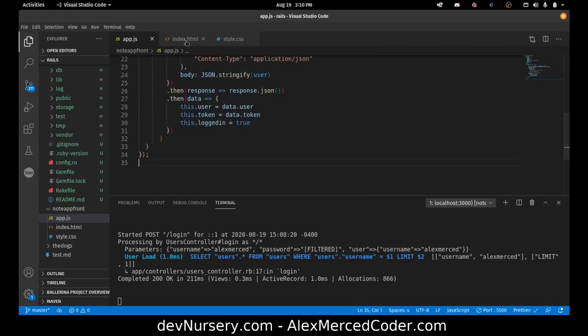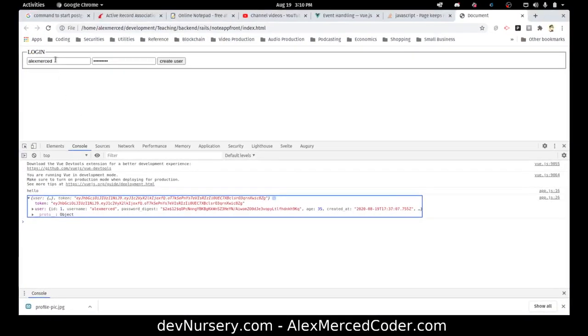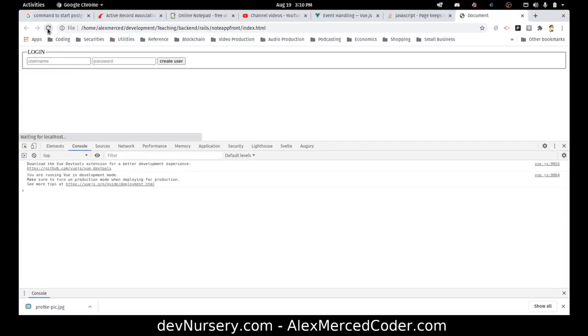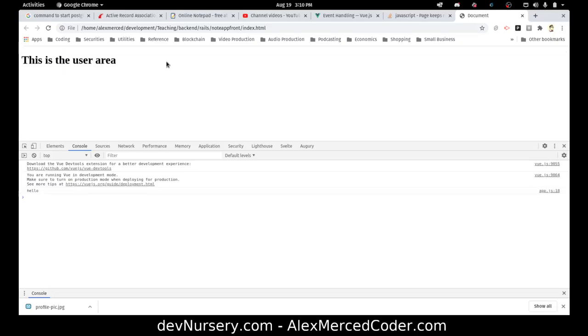Okay, so that should automatically save. So let's go try this out again. Alex Merced. Pineapple. I click on the thing, and see it logged in. And see, the minute that it switched the variable, the page switched. Nice. Now we just need a logout button,